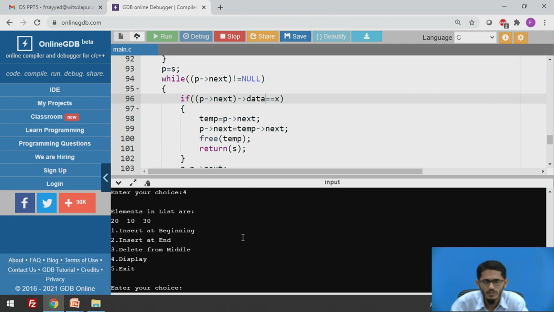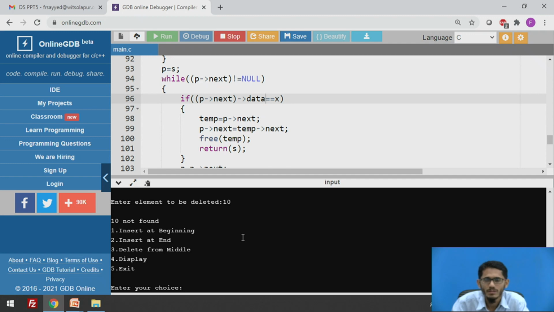So I need to give option number 3 and I need to specify the element as 10, and let me see whether 10 gets deleted. I just see the status of the list with the help of the display function. So yes, 10 has got deleted. So I have elements 20 and 30 in my linked list. If suppose once again I want to delete the element 10, let me see whether it is available. So once again I choose the option of deleting from the middle, that is option number 3, and if I want to delete element 10, it says now 10 is not found because the memory allocated to the node in which element 10 was stored was freed by the free pointer.